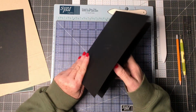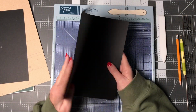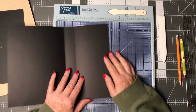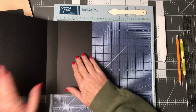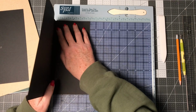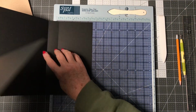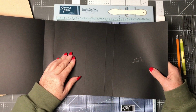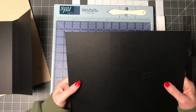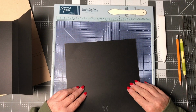So here we go. This is the front cover. This is cover sheet 1. I know it's upside down. And this is going into the back of our folio. So what I'm going to do, you have a choice here. You can either glue the second paper onto the first one inside here, or you can do it to the back, whichever you feel most comfortable about. So I'm going to take this one and I am going to